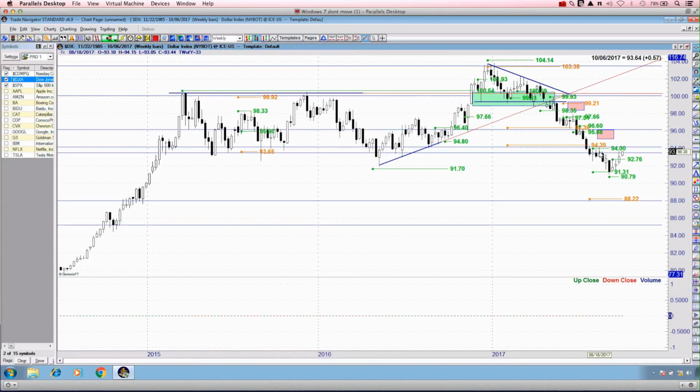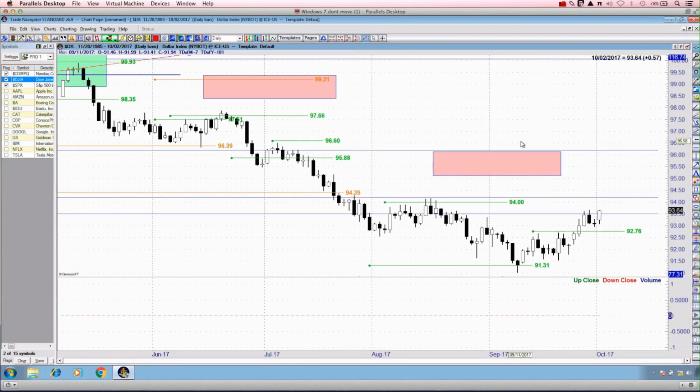And if that was to be the case, we would have seen the bottom absolutely fall out of the US dollar. What has happened over the past 4 to 5 weeks is that we have strengthened. We have moved from about 91.31. You can see this little trigger down here. We've moved all the way back up to 93.64. I've been calling for the US dollar to strengthen really since we started drilling into this macro support over here at about 94, 93 on the ETF.